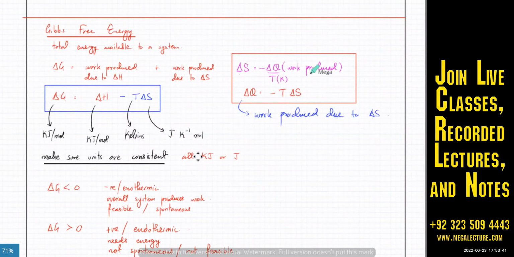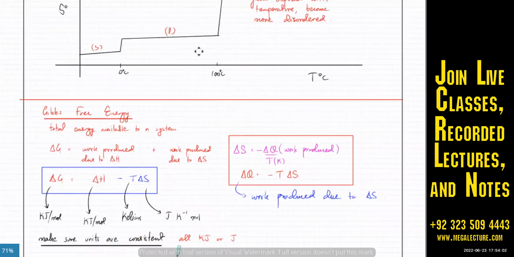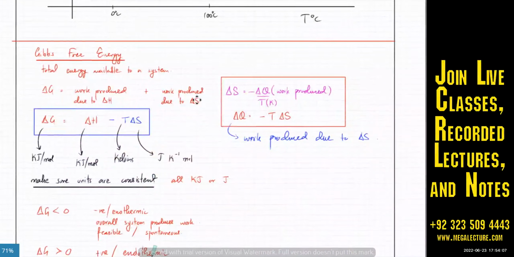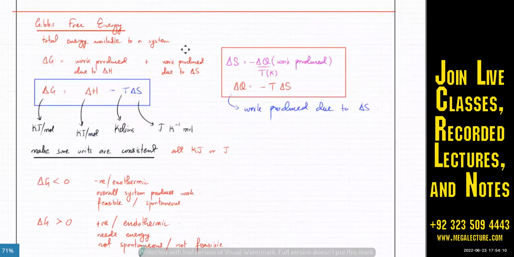One of them is the enthalpy change. It's the heat energy that is produced. I told you that if you burn petrol, it will produce a certain amount of heat energy, and the other energy is the work that is created due to an increase in disorder. If you burn petrol, a lot of molecules are created, and those molecules are going to create a lot of entropy, disorder, and the piston will start to move up. Like if you have an explosion, if you have disorder being created,